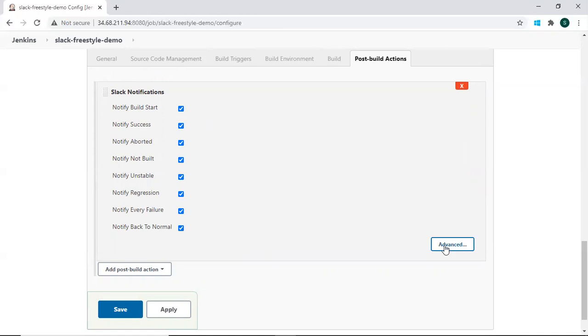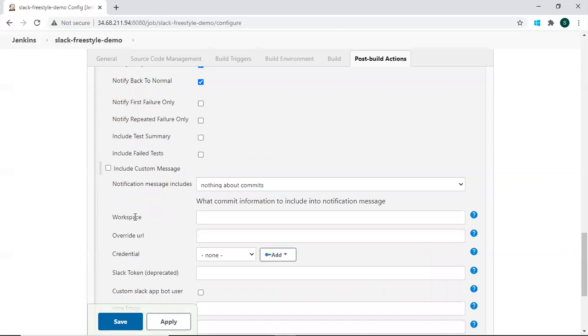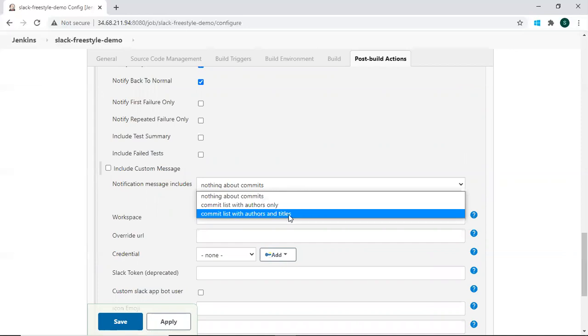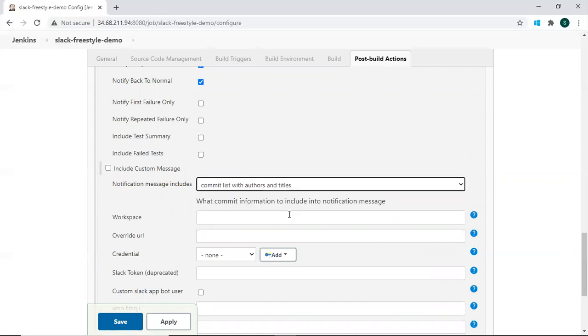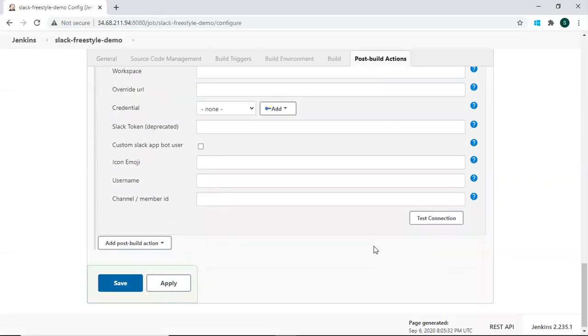And then in advanced, there are multiple options available here. And then it is saying notification message includes, you can see commit list with authors and titles. So you should know who has started the build. And then we can apply and save.